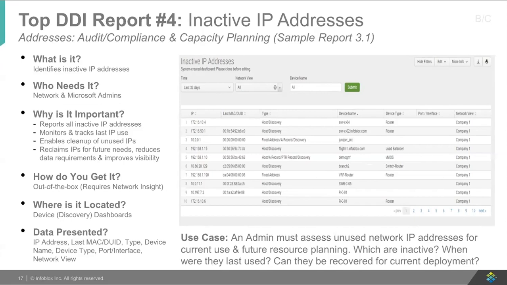So Craig, what about this one? Maybe we can just quickly touch on this as we have a few more to show as well. So this report does require additional licensing. It requires our Network Insight product because it's going out and doing a deeper, richer discovery of the network. So the inactive IP addresses report does require the Network Insight appliance. It'll go out and discover the IP addresses, what's talking to the switches, what's connected to the switches. If it can't find it on the network, it'll compare with what's in the DHCP and DNS database and say,